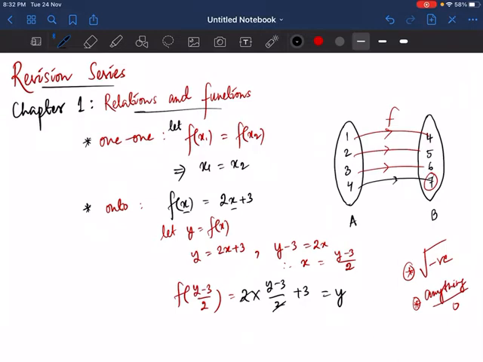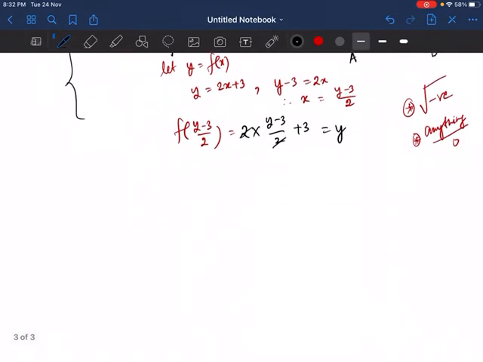So now we have learned how to prove whether a function is onto or one-one. So let's start with one question, question number 10, and let's solve this question. We are doing exercise 1.2, question number 10. So the question says, let A, so they are saying the relation, let A is equal to,